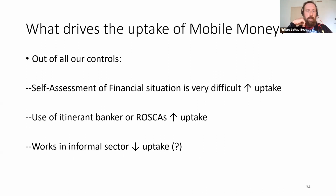Now for mobile money, we have the uptake. Maybe it's not clear enough, but out of the sample of treated, what is the fraction of people that accept the voucher or the treatment and end up opening the account, either mobile or Selcam, just to make that clear. Now, if we go back to mobile money more precisely, the uptake is driven by the variable we used